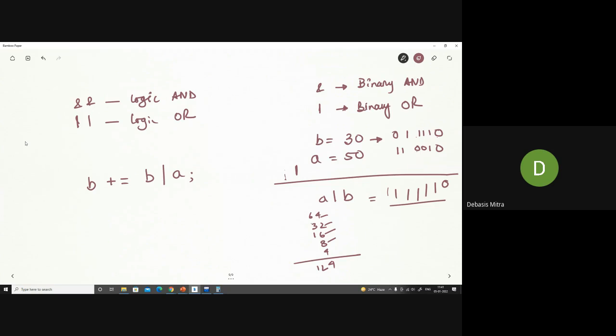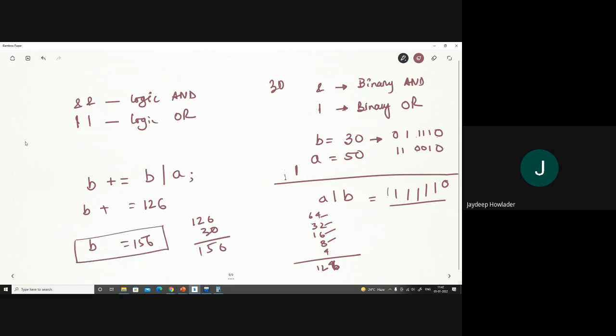You have missed 1, 2. Plus 2 will be there. So it is 2 plus 4 plus 8 plus 16 plus 32 plus 64. So I think it will be 126. Okay. So this will be B plus 126, and then B will be added. B's value was 30. So finally, B will take the value of 126 plus 30, so 156 will be the value of B, something like that. Get it? Understand?